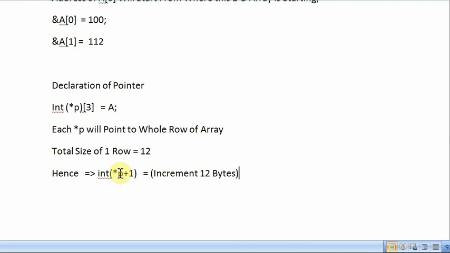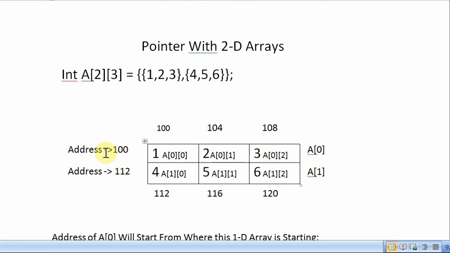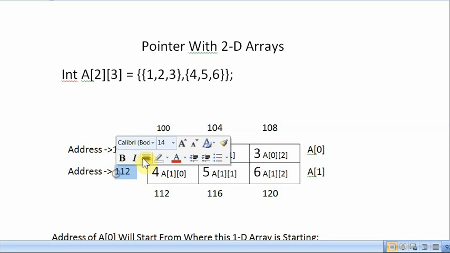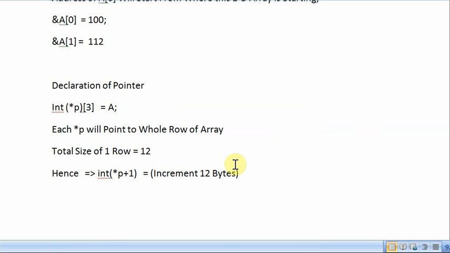But now each element also contains its individual three elements. So when we increment by 1, it will actually increment the whole row. So if I increment 100, it will give me 112. It will increment the whole row.